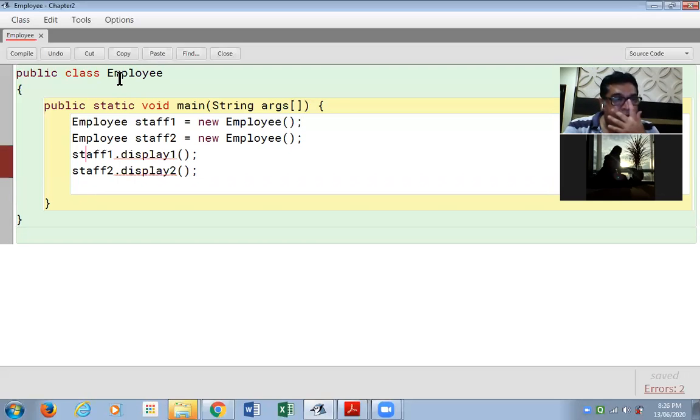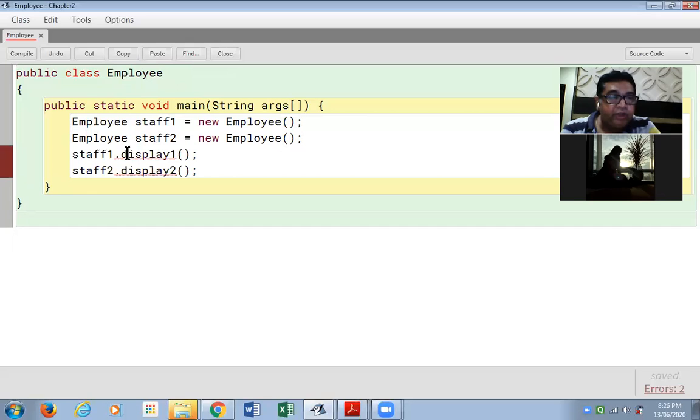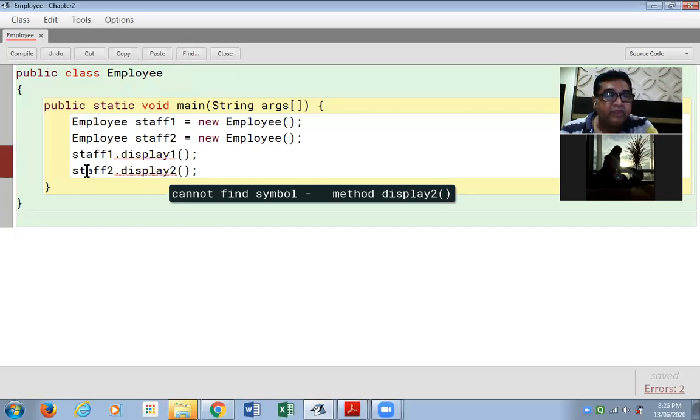I made 2 objects of employee class, and within this class we are also going to make 2 different functions, display1 and display2. Display1 will have the details of the first employee, and display2 will have the details of the second employee.